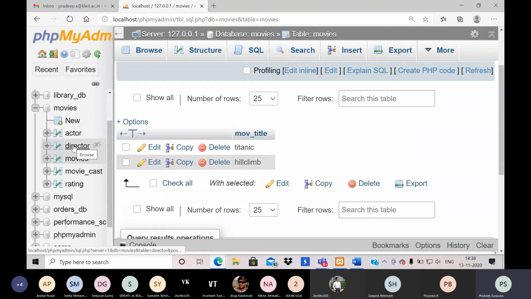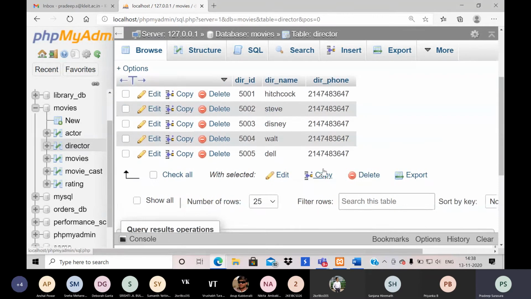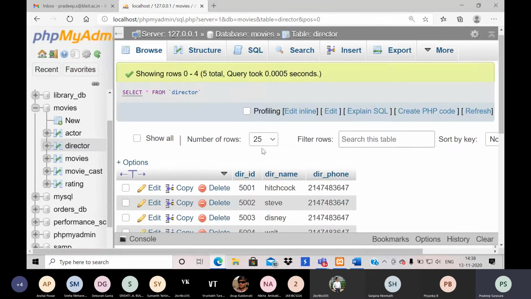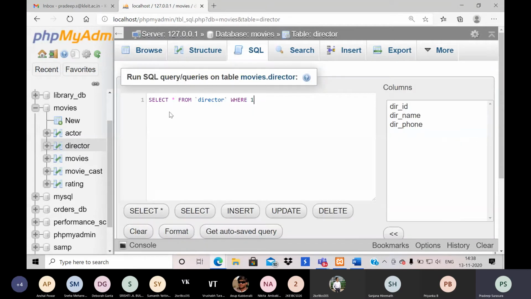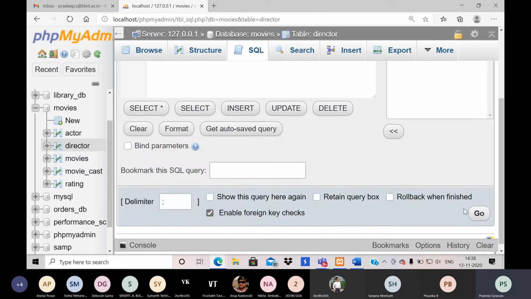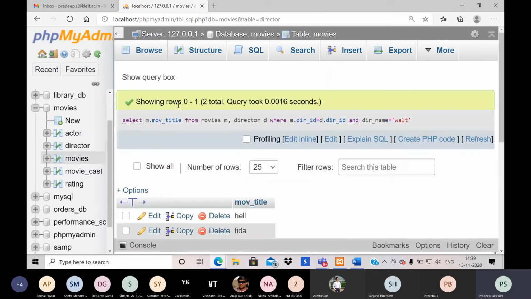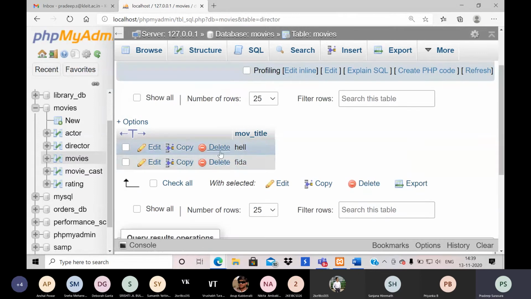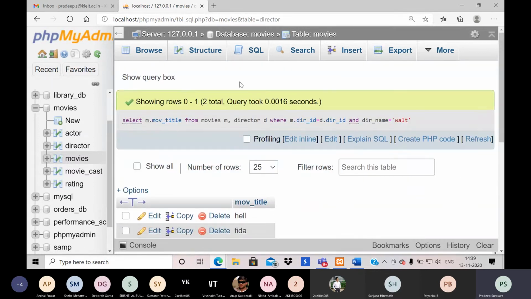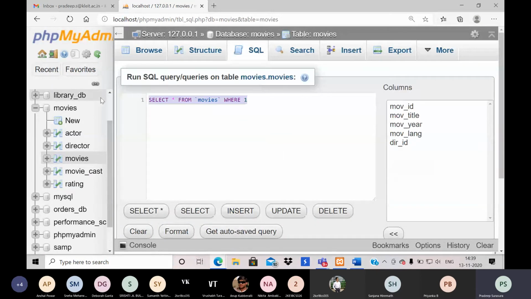It is accepting. Yes or no? If I take some other value, Walt or Disney, let me see that. It's giving 2 rows. Total 2. It is giving the right results.